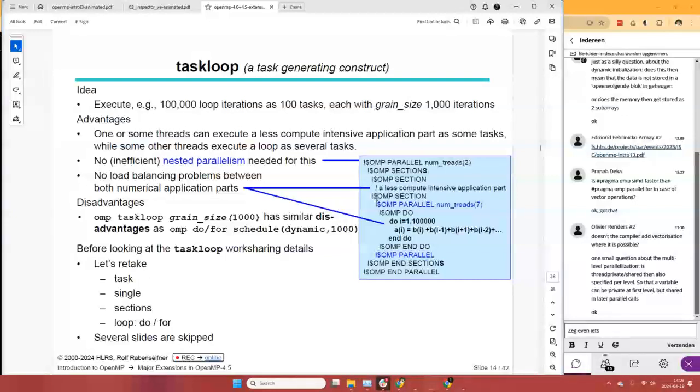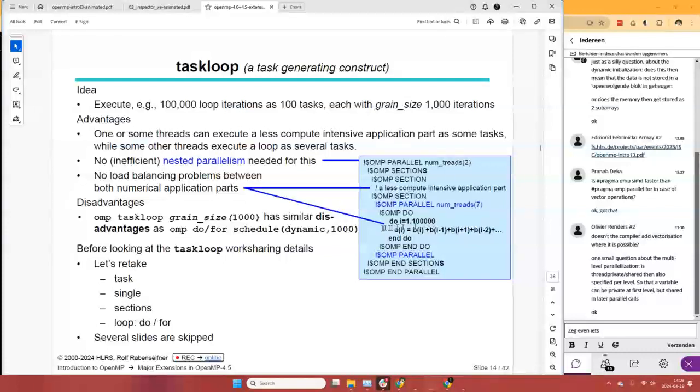So each section is actually going to be run by one thread. So basically, the first thread is going to run something that is not particularly computationally intensive, and then the other thread in the second section is going to open up another parallel region with 7 threads. So essentially, we will have 8 threads, 1 thread which is doing the first section, 7 threads which are doing